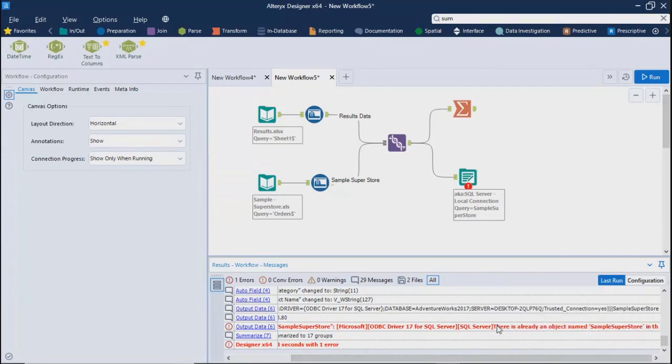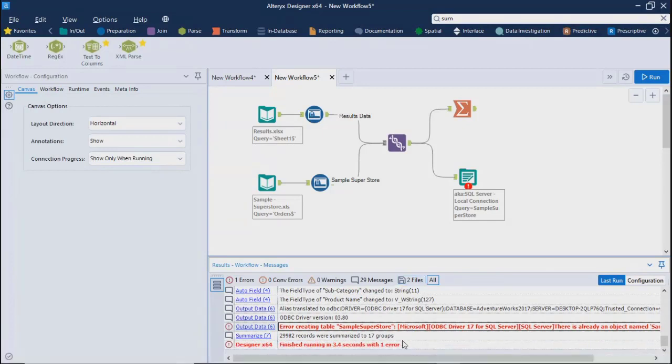Right? So does that mean if I already have a table, I cannot use it? That should not be true, right? I should be allowed to append the data, correct? So let's look into those options. Do we have those options here?